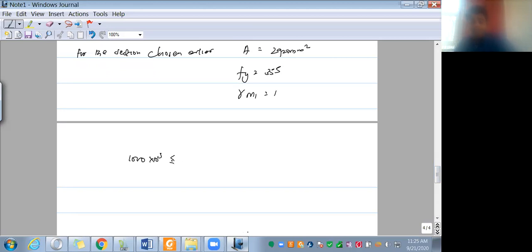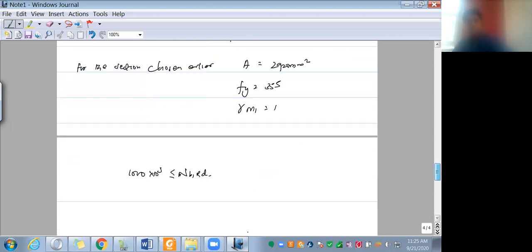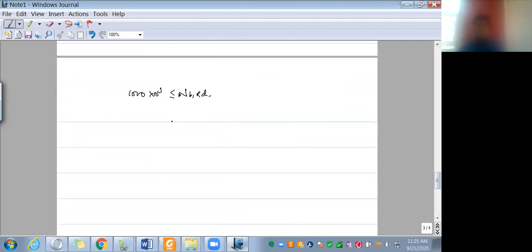So NBRD is chi into A Fy over gamma M1. So A is there, Fy is there, gamma M1 is there, and we don't know what chi is. So if you look at